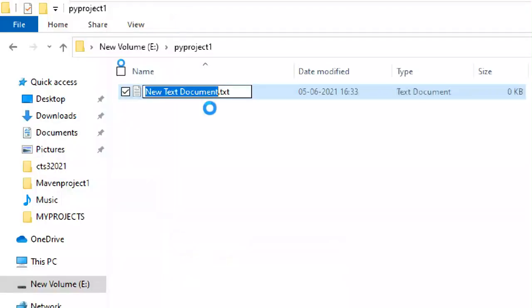New file. I remove everything in this file. Tell me some name. Demo project 1.py.